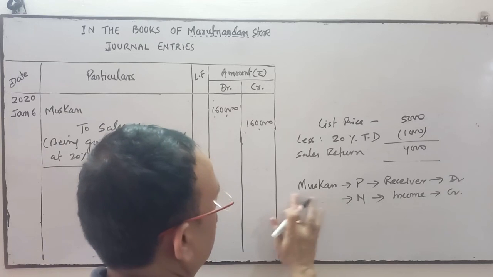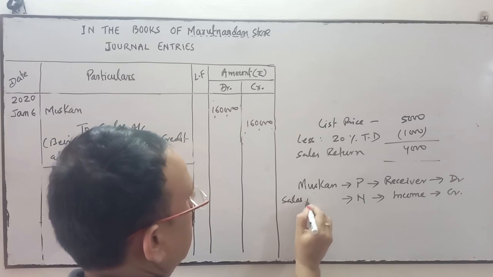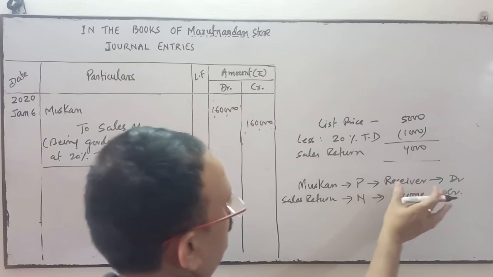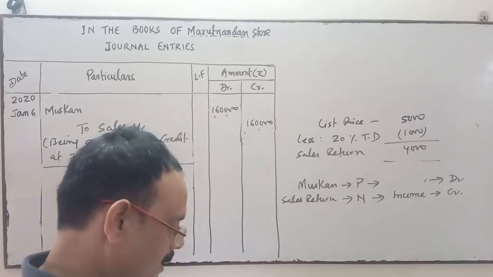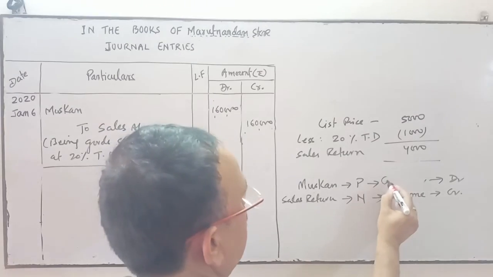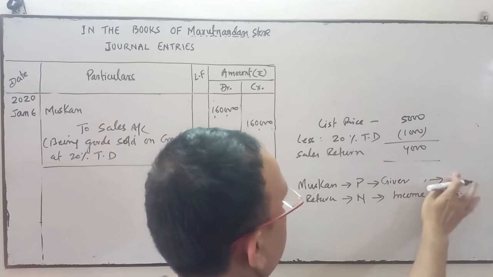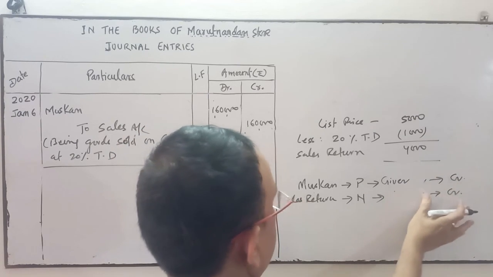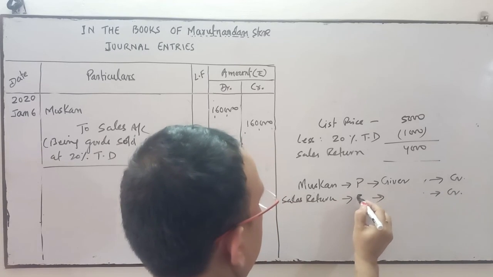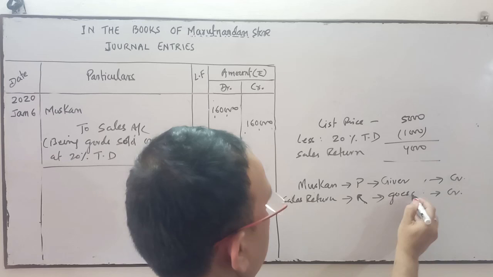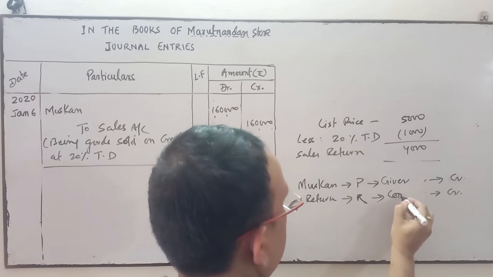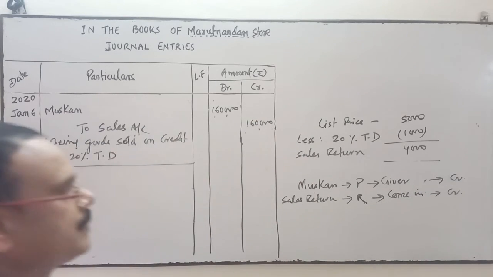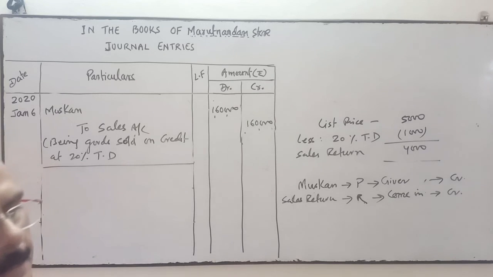Okay. So here the account will be sales return. Muskan returned goods, so Muskan is the giver. Her account will be credited. And here it comes under real account. Assets go out from the business, so it is credit. Assets come in the business when the customer returns the goods, then we will receive those goods. Okay, so what comes in is debit.